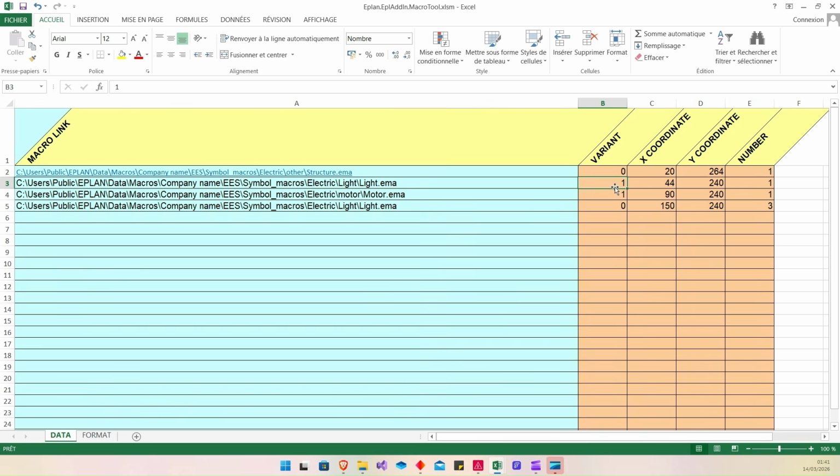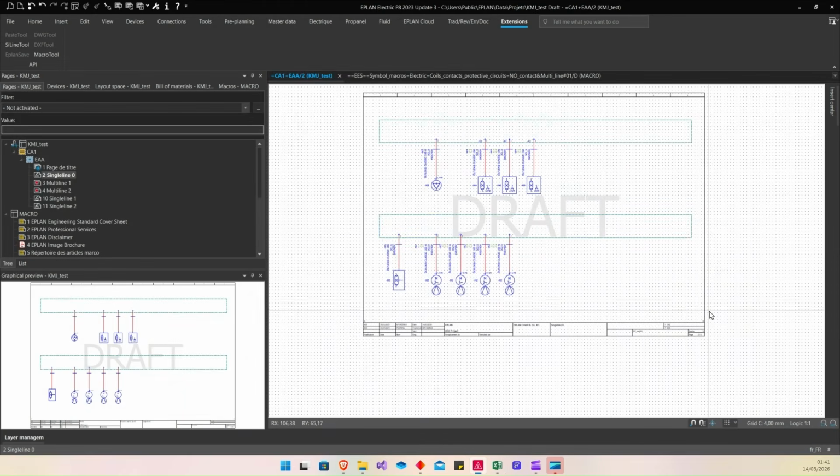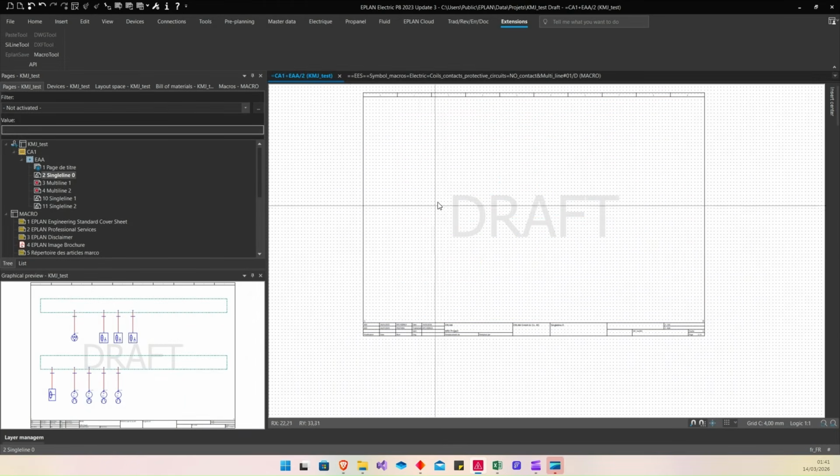Or 0, 1, 0, 1, maybe. Number, I will set 2. I select, I save my new configuration of Excel. I close. Then I delete this.